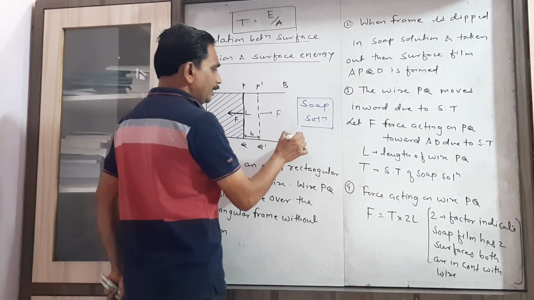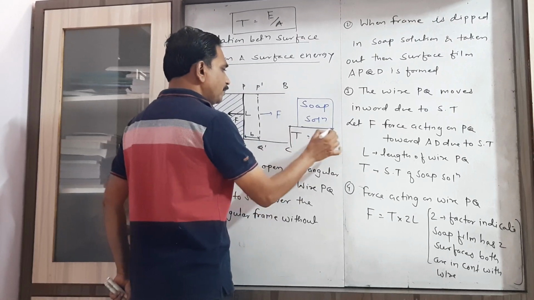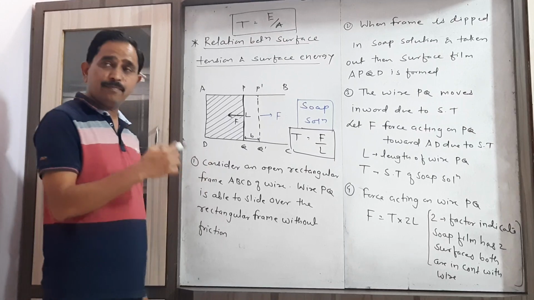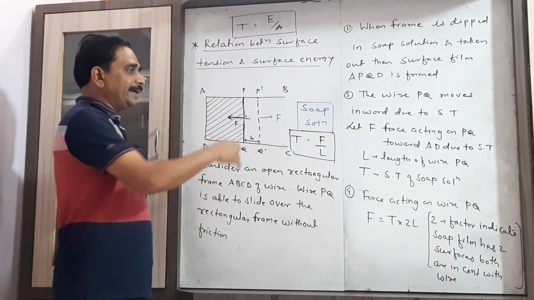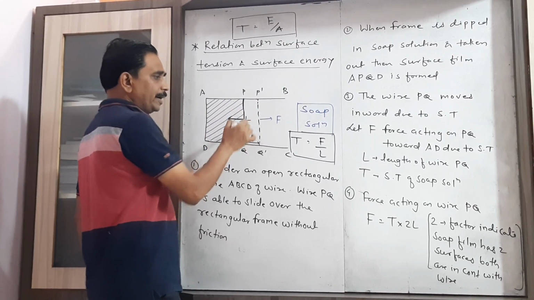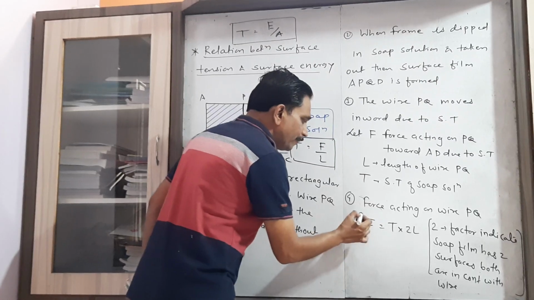So we know the definition of surface tension, that is T equal to F by L, where F is the force acting per unit length of that object. Now here we are considering the length of the wire PQ is L,